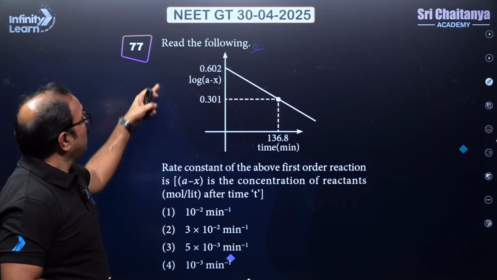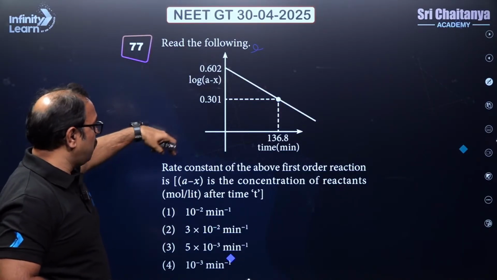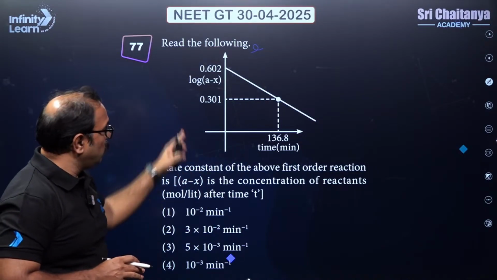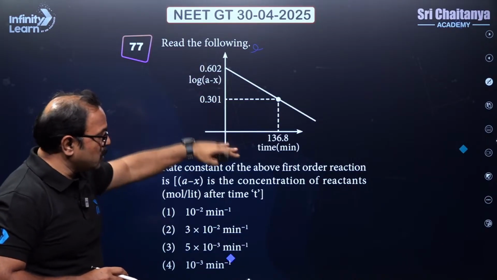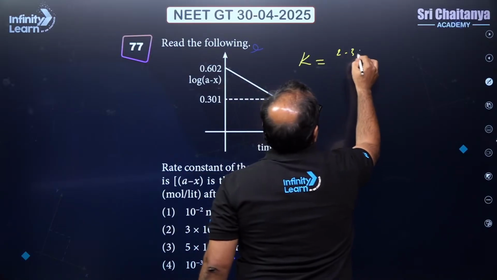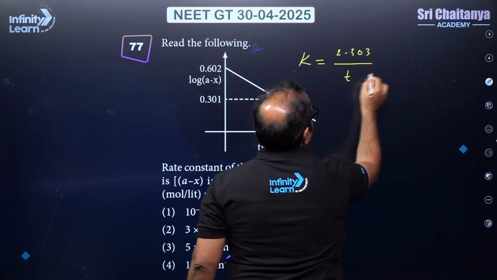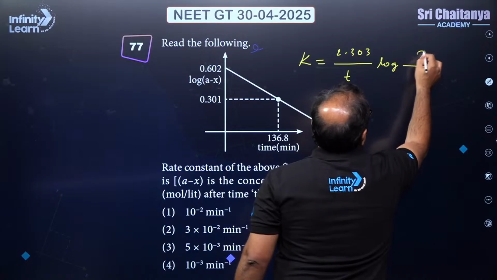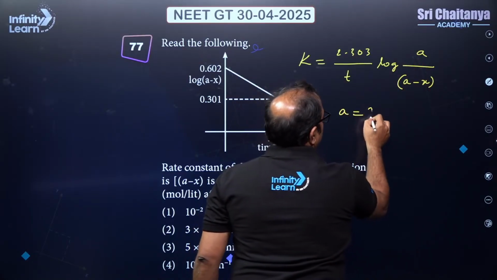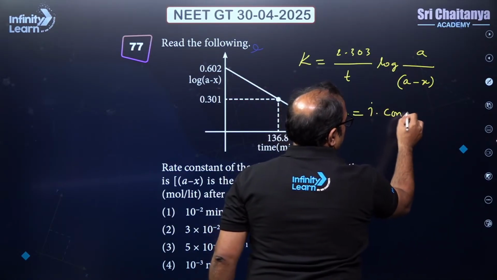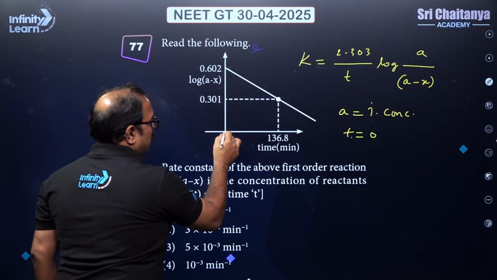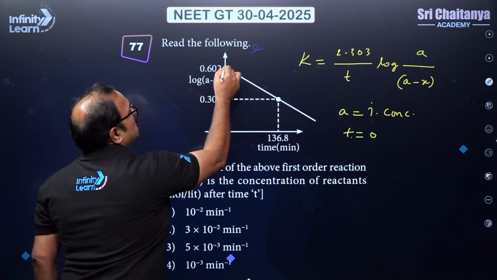In this question, he has given a graphical form, the rate constant of a first order reaction. There is no need to panic in this question, though the graphical condition looks like you don't know where to start from. You straight away write the first order reaction: k is equal to 2.303 by t, log a by a minus x. What is a? Initial concentration, when time is equal to 0. And in the graph, where is the time? In this case it is 0, this is 0. So this